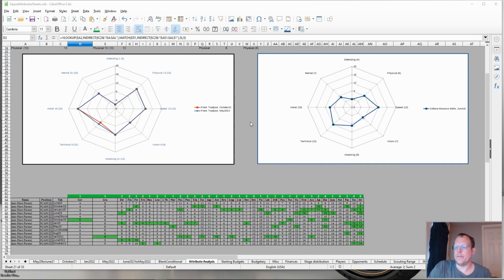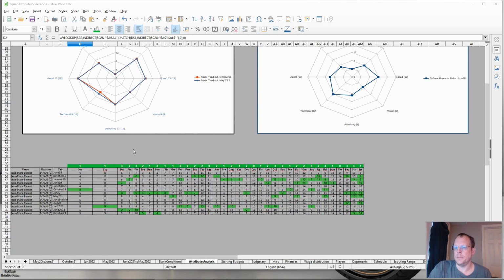And then down here on the bottom, thanks to a suggestion from Ponzi on the FM Slack channel in the training forum, I've added in this here. This is a comparison of a player as he's improved or hasn't improved as the years have gone on. As you see, I have Jean-Marc Parent here starting in June of 18 all the way up to October 21st. And the cool thing about this formula is